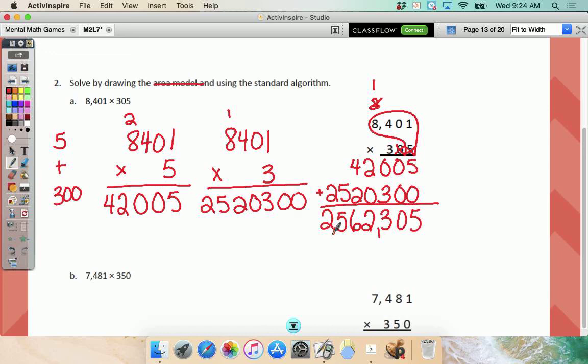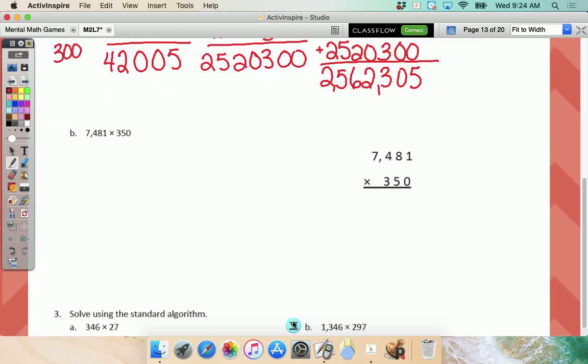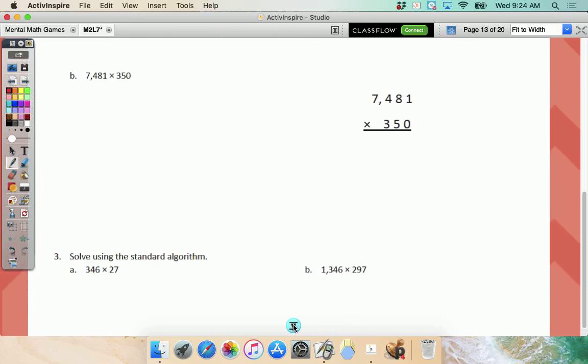Okay, so how do I say this number? 2,562,305. Everybody say it with them. Okay, I want to go down and look at this next one, and then this is the last one we're going to do together, and I'll let you work with the partner, okay? This one, I feel like I want to rewrite